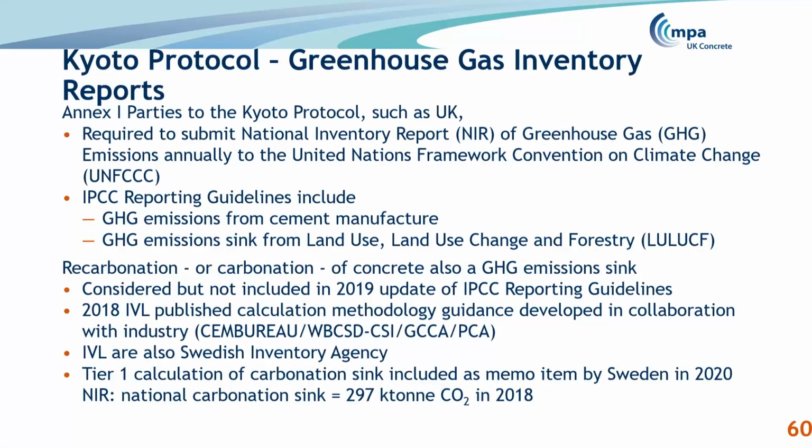Okay, so under the Kyoto Protocol, Annex 1 parties, which are basically developed countries, including the UK, have to report all our greenhouse gas emissions from all sectors, our annual greenhouse gas emissions, to the United Nations Framework Convention on Climate Change. And the report includes greenhouse gas emissions from cement manufacture. It also includes greenhouse gas emissions from other sectors. So one of the sectors is land use change and forestry. And importantly, at the moment, this is the only sector that is actually reporting a sink rather than emissions. So land use and forestry is the only sink